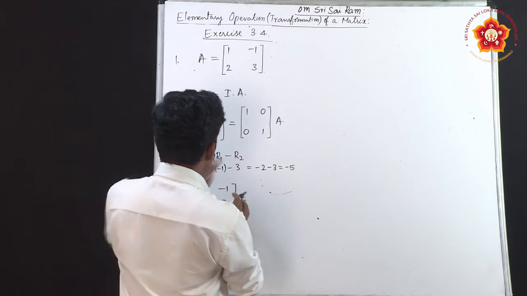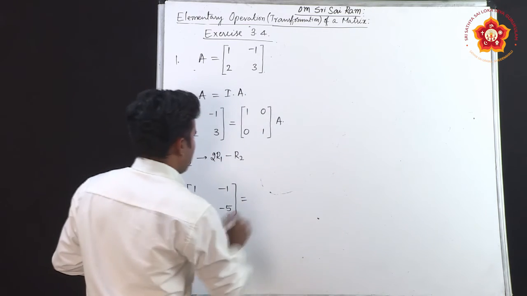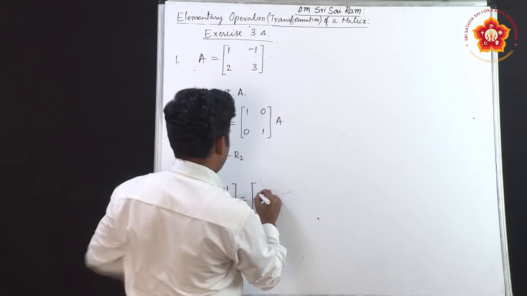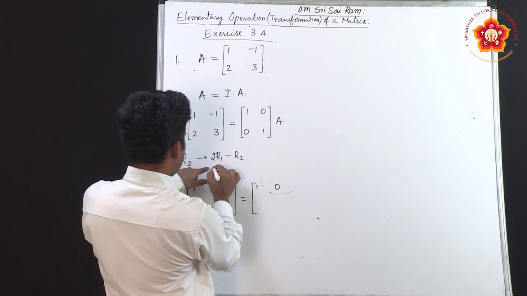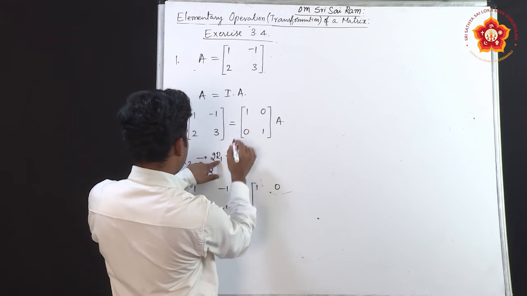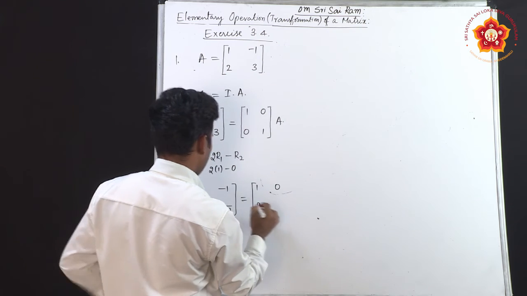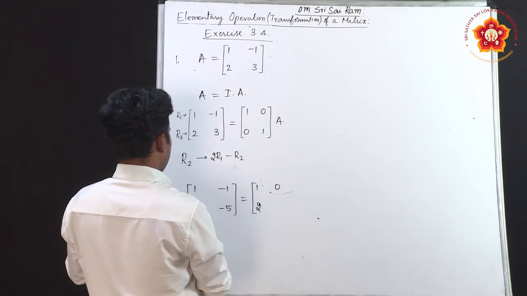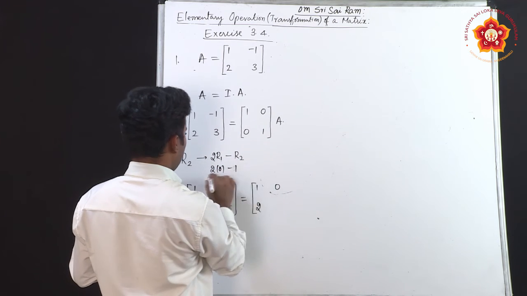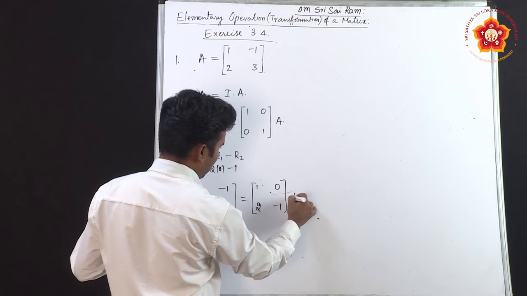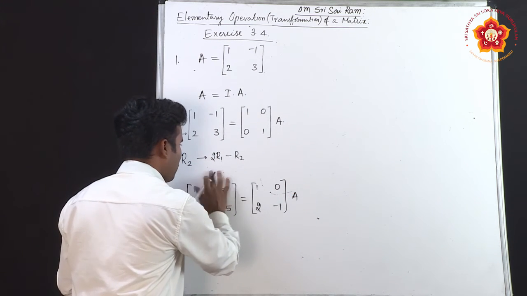And the same thing you have to apply on this side also. You should not apply any operation for R1 since we are not applying anything there. So, now what about this? 2 times R1, what is the corresponding element? That is 1 times 2 minus 0, so the answer is 2. Next, 2 times R1 here is 0 minus R2 here is 1. So, what is the answer? -1 into A.